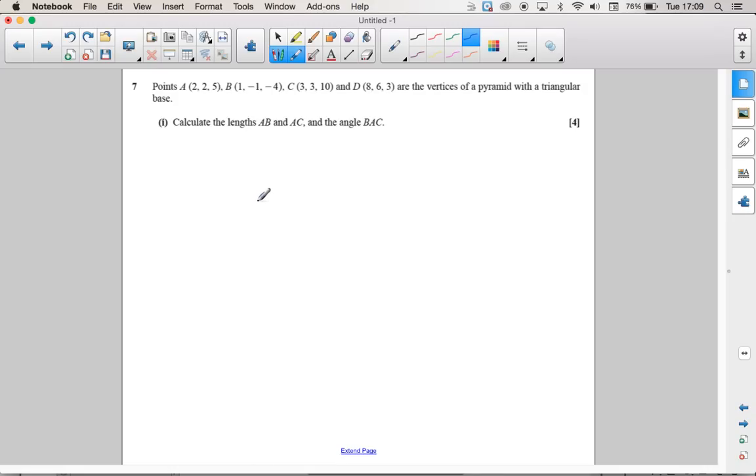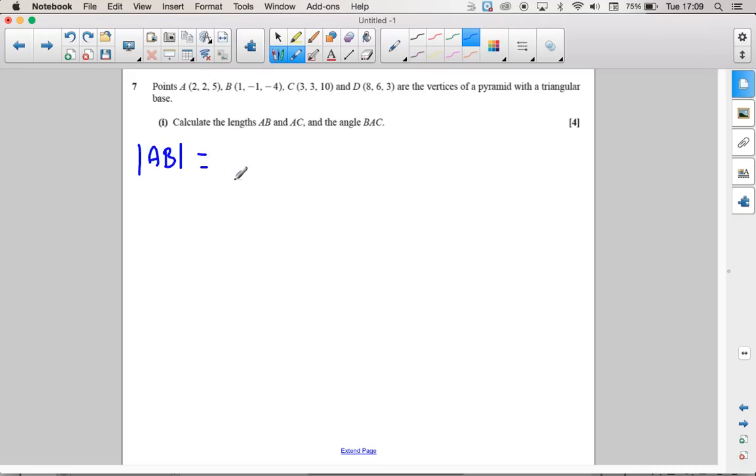Okay, so question 7 is another vectors question. It doesn't really look like a vectors question, but it is, because they're asking us to find an angle with 3 coordinates and some length of some lines. So first of all we've got the length of A to B